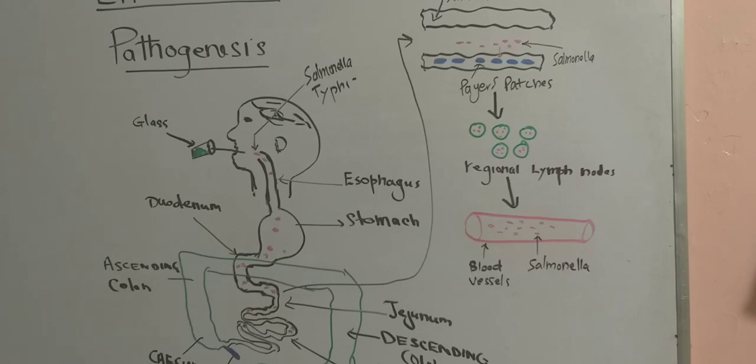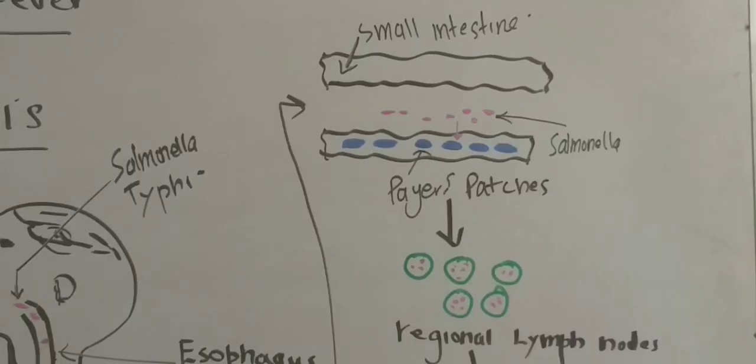In the small intestine, these red dots which represent the Salmonella enter into the Peyer's patches. Peyer's patches develop which contain the microorganism, and from these Peyer's patches, these microorganisms enter into the regional lymph nodes,